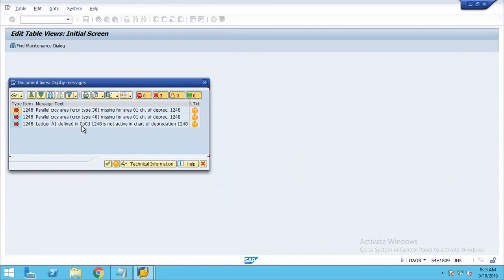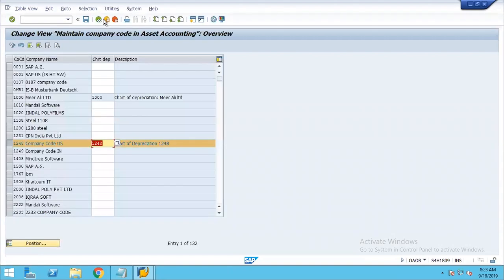Ledger AL or A1 defined in company code not active in chart of depreciation. It means the particular ledger is not maintained. We don't have any ledger specific depreciation area in our chart of depreciation. So what we